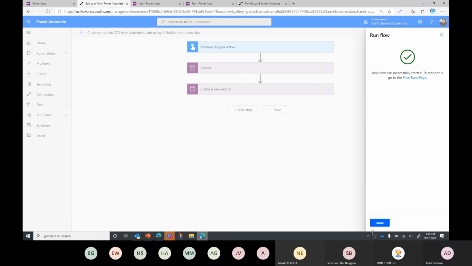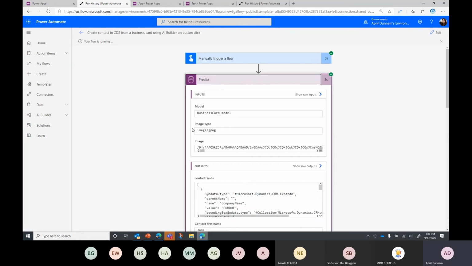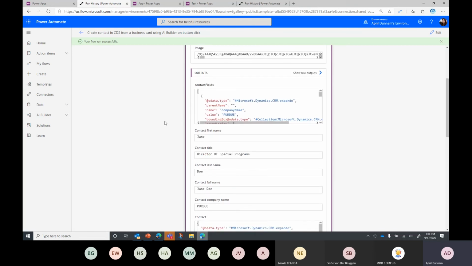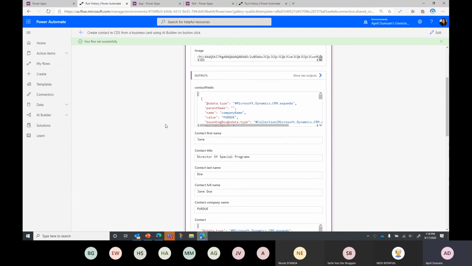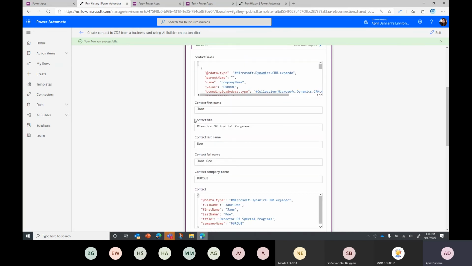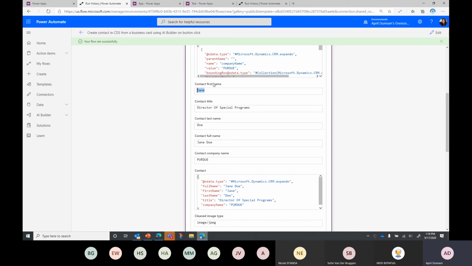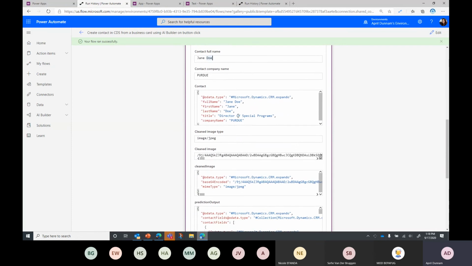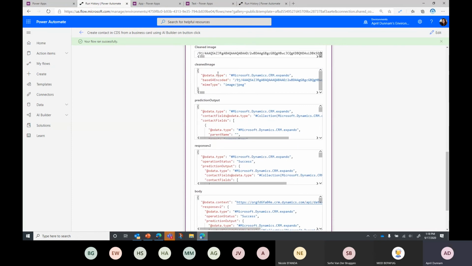And we can kind of watch the flow run and go. So I can see it was triggered. I can expand out this predict action, which is what's doing the hard work of figuring out what information is in that business card. And if we examine the output here, you see it was able to extract and map the contact's first name, their title, last name, the company that they work with,